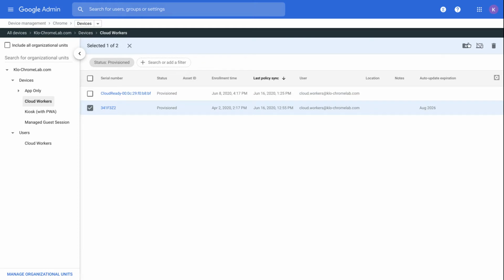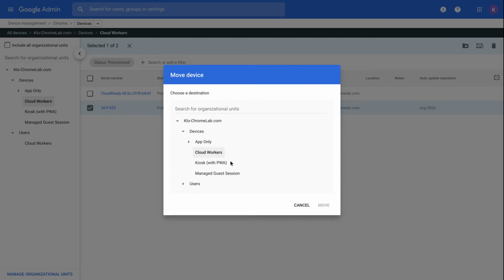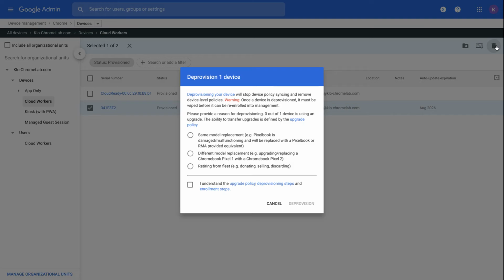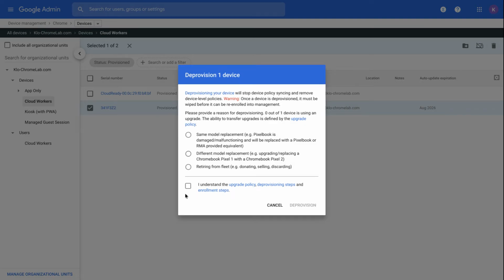Select the device, then click on this icon, move selected devices to another OU. You can directly disable the device or deprovision this one completely if you want. If you try to deprovision the device, as mentioned, be careful. Deprovision will stop device policy syncing and remove all device level policies.